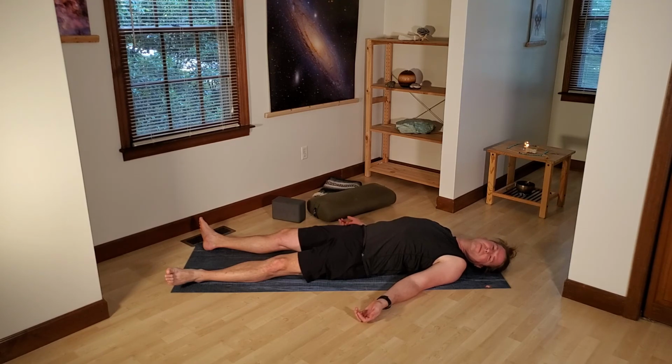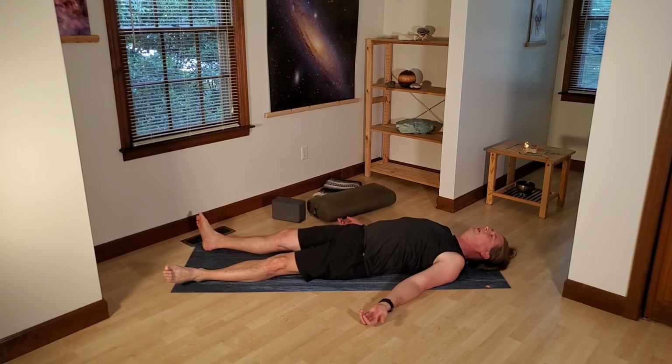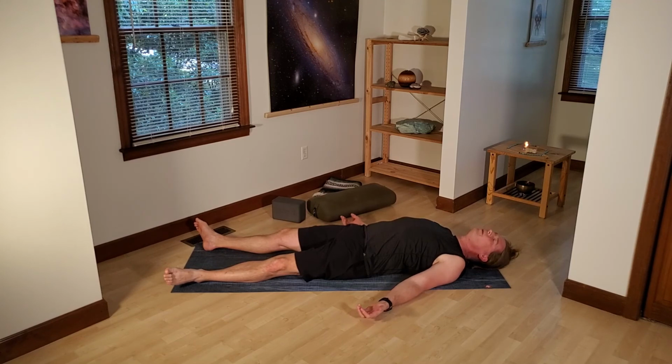Maybe the palms can face up towards the ceiling. Your feet need to flop a little bit here. Maybe you decide you need clothing or blankets if you're chilly. Maybe you need a pillow underneath your head. Maybe you do need a bolster underneath your knees here. Or maybe you decide you'd rather practice legs up the wall or reclined butterfly. Sit and guided in kind of a meditation seat. Whatever creates a sense of stillness and comfort here for these